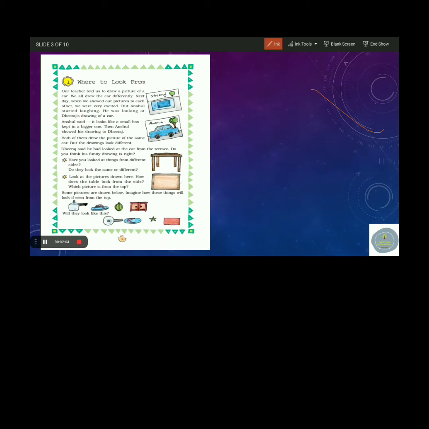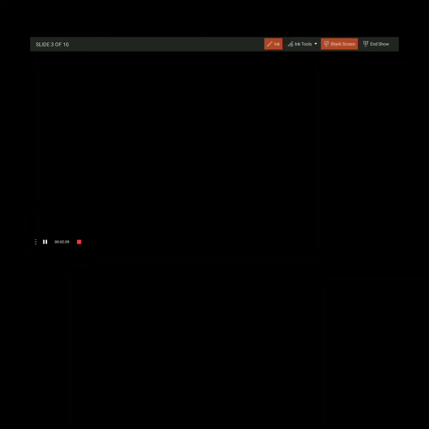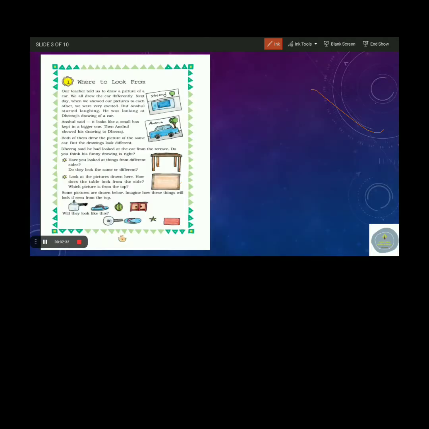Coming to the next example, we have another example of a table. So you might have seen this many a time at your home, that when you look at a table which is present in your home, a dining table, if you look at the top, it looks like just a rectangle. But if you look at it from the side, it looks like a table properly. Or if you look at it from the front view, it just looks like this. Okay, I hope you're getting my point.